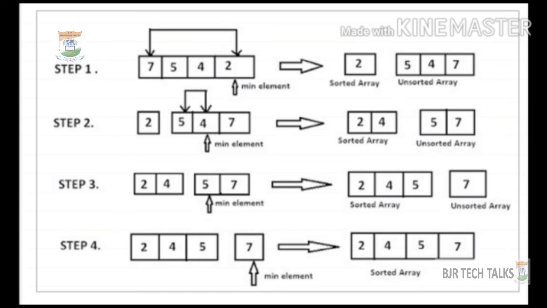Step 4. The unsorted list is again scanned for the smallest element, that is 7. It has to be swapped with the first element in the unsorted list, but 7 is the first element, so there is no need of swapping and 7 is also moved to the sorted list and we get the sorted